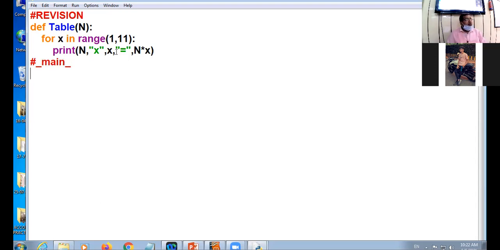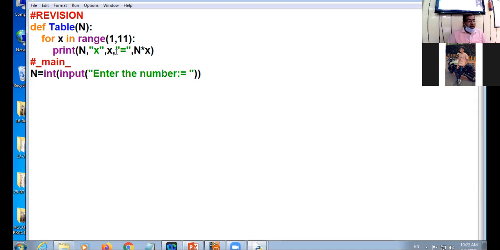So I have to input the number whose table you want to find. int input, enter the number. Our execution will start from here first. Input the number. I have inputted n.